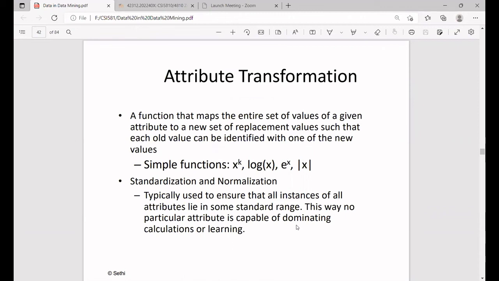Sometimes you want to transform the attribute. So instead of using the actual measurement, you may want to use the absolute value of the measurement, discard the sign, or you may want to use the log, especially if some values are very high, then you may want to use a log of that, or e to the power, or x to the power k, or any other function. The second bullet is the most important bullet I want you to remember. That is,